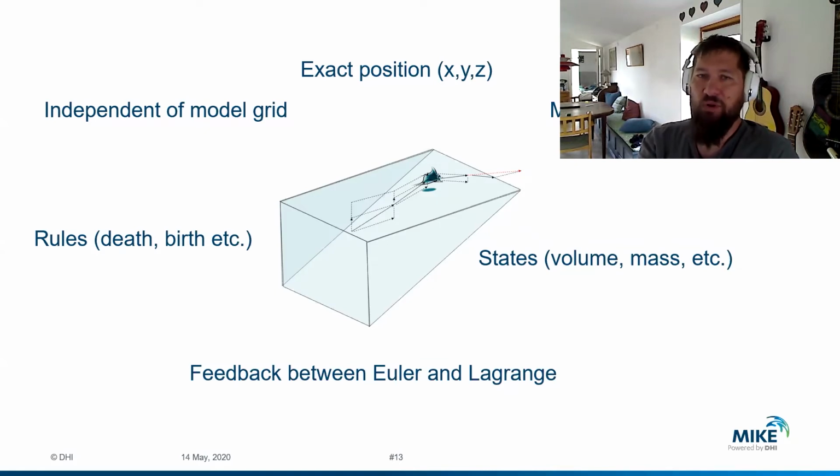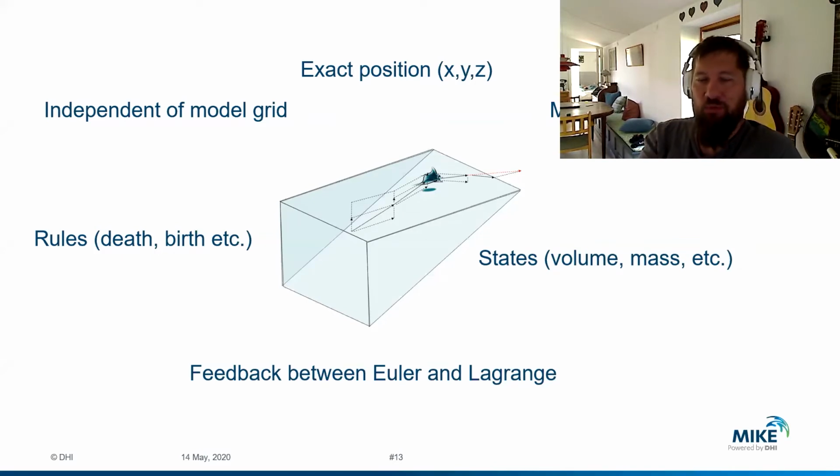Then each agent will also have elements of movement. Through some algorithm it will obtain a direction and a speed, with which it will change the space it's occupying. Then it can also have a range of states. States are internal compositions that can change in time. That can be volume, mass, and other things that apply to the state of the body, or the state of whatever component you are modeling.